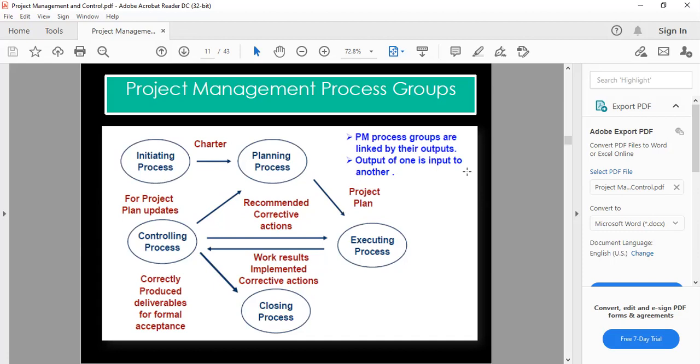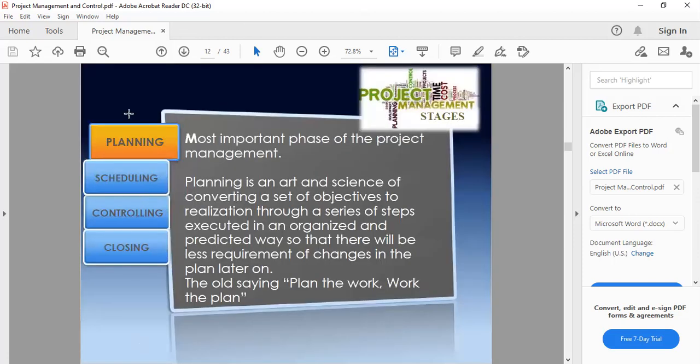That's very true. So whatever has been the outcome for the planning process, which is the project plan, will be the schedules and the work plans that will be executed in the process, and so on and so forth. So in terms of these specific areas, we have planning, scheduling, controlling, and closing. Planning is the very important step because it is how good we are in converting the